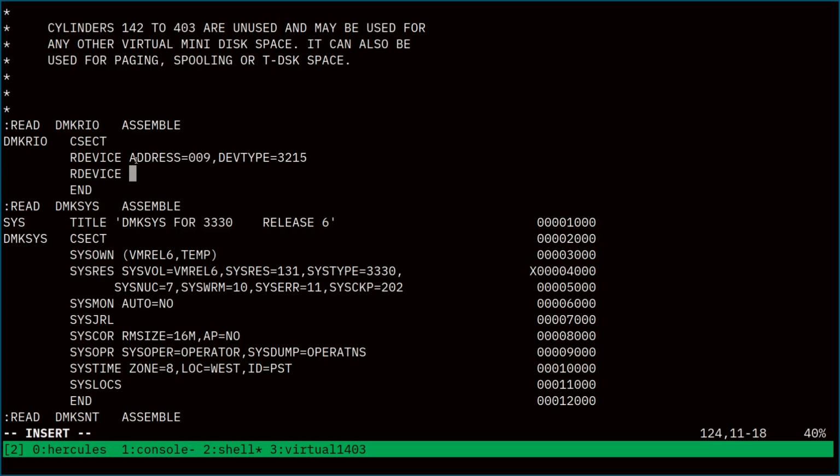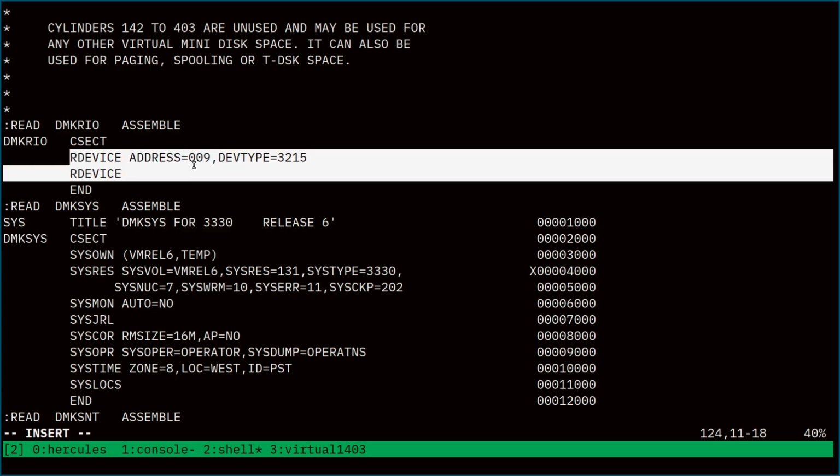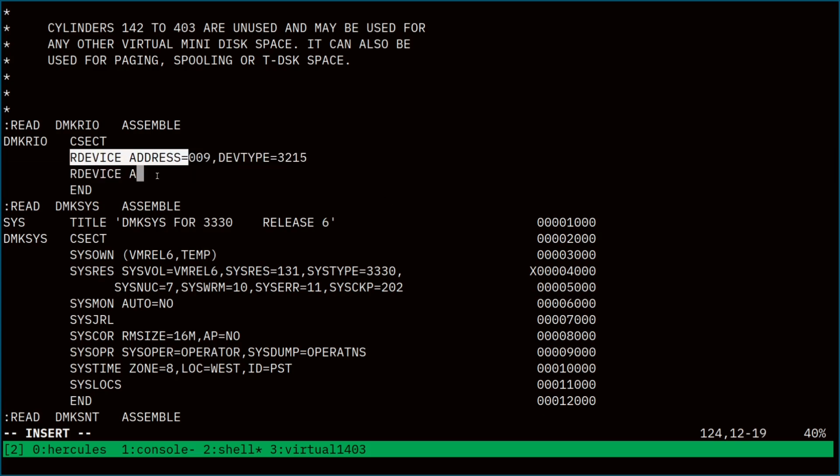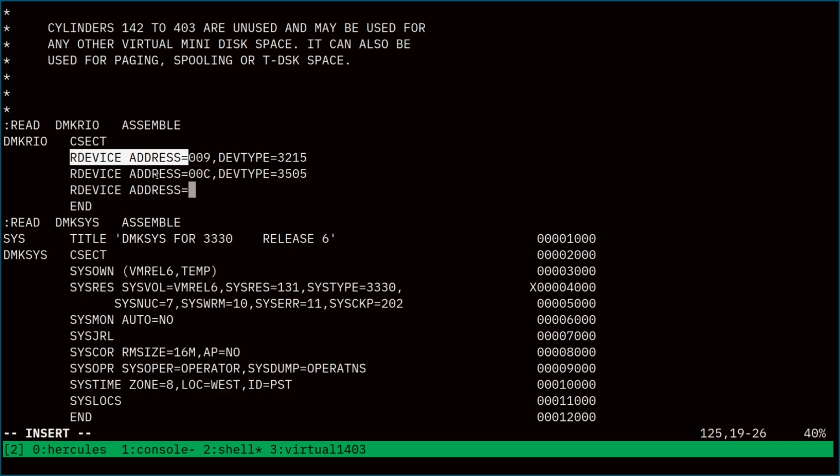We also need an RDEVICE, and I'm just going to copy that because we're going to type this a number of times. We'll fill out our unit record devices here. So at address C is our 3505 card reader. D is going to be our